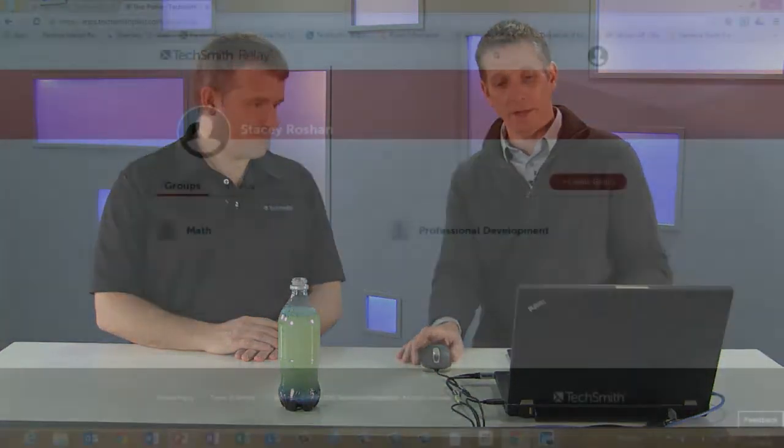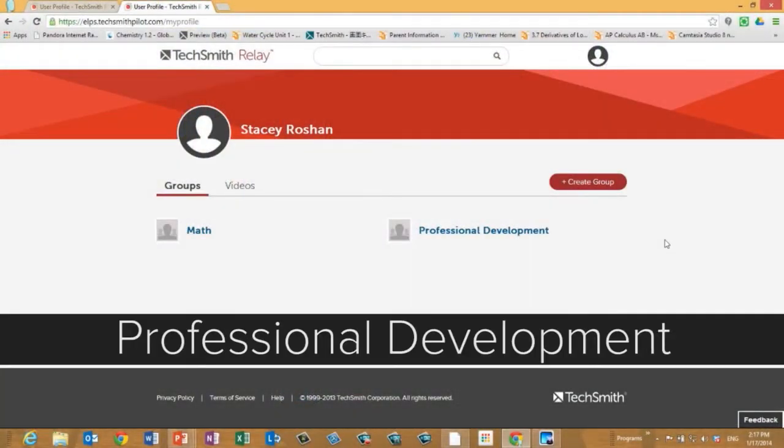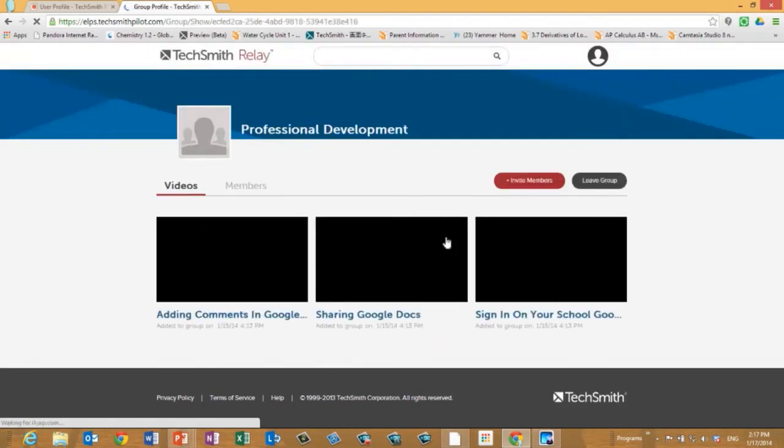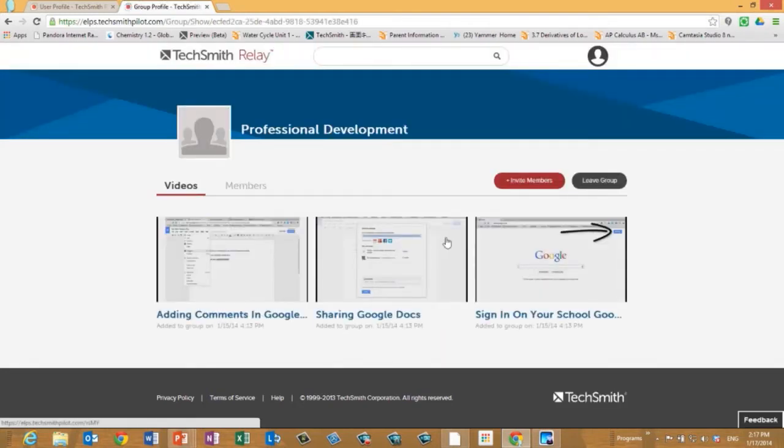So let me jump back. This is the actual portal, and we're logged in as Stacy Roshan, as teacher. You can see she has 2 groups here. One is her math class, which we just talked about, and you also have professional development. So here is an example of how you could have professional development content available. Teachers could be members or staff members of the professional development group within your portal, and now your trainers or your tech department or other teachers could be sharing their best practices, sharing training materials and videos right within here,